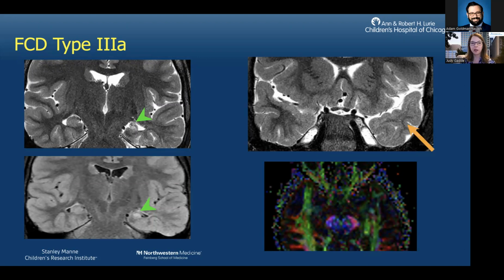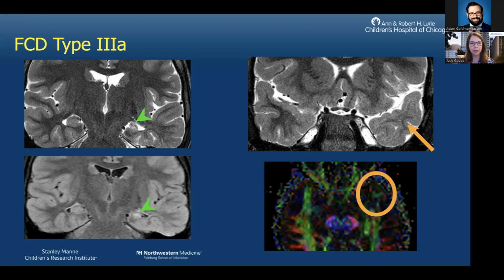And then on the coronal T2 on the upper right of your screen, this is very subtle, but if you look in the white matter of that left temporal lobe, it is asymmetrically T2 hyperintense compared to the contralateral lobe. And then if you don't believe me,